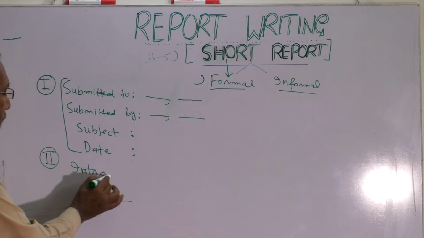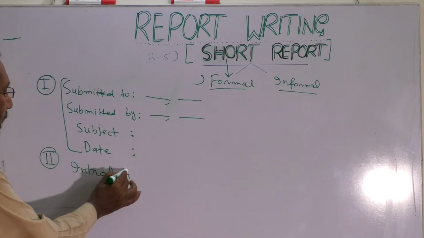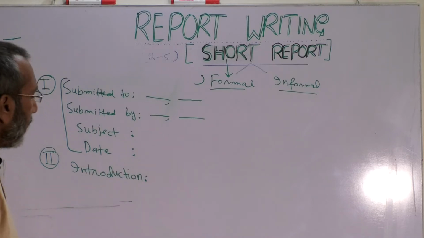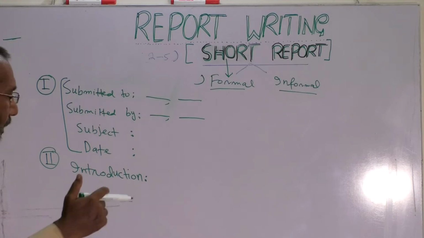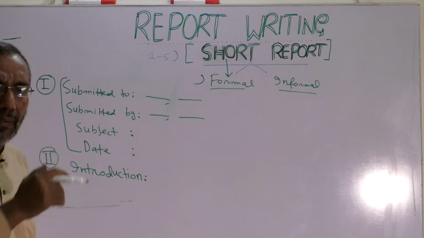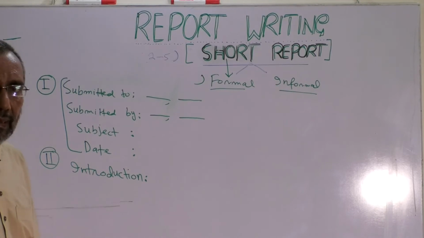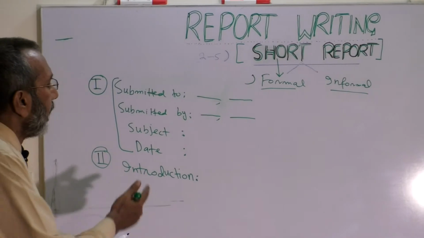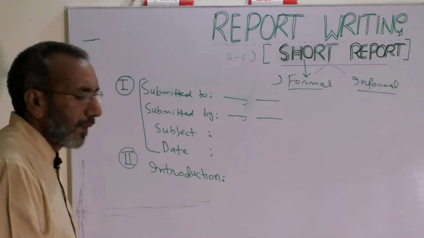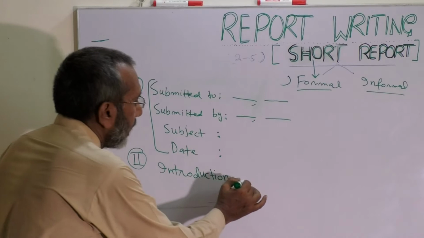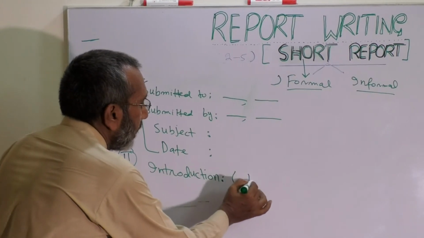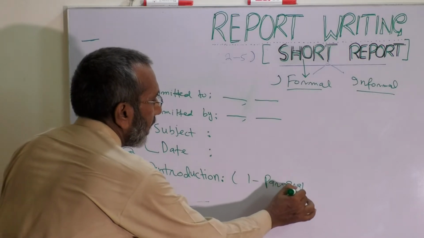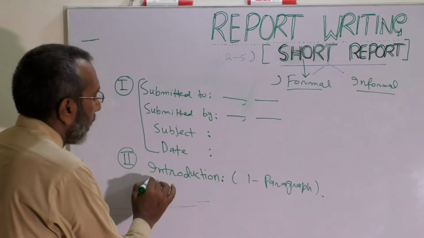In case of a long report, the introduction needs much more attention and a lot of stuff is there. As we discussed, the executive summary is there, acknowledgements are there, contents are there, and then the whole detail. In this case, it's not the case. We write the introduction in 1 paragraph or so. 1 paragraph is fine in routine. In some cases, it might be up to 2.